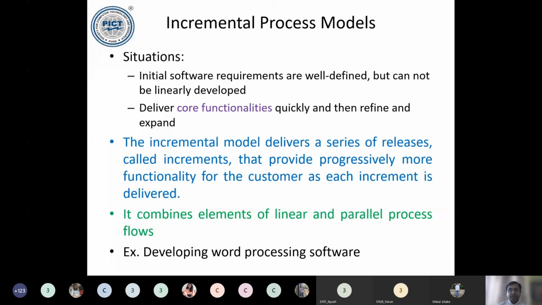So an example here is developing a word processing software. If you are asked to develop a word processing software, it can be anything. You can take the example of Word also, but the Word that you are using, you are directly using say Microsoft Word 10 or Office 365. In that case, you have seen a version of software which is fully functional, having a lot of functionalities, many of which you may not be using. However, if you see the earlier word processing tools that are available,